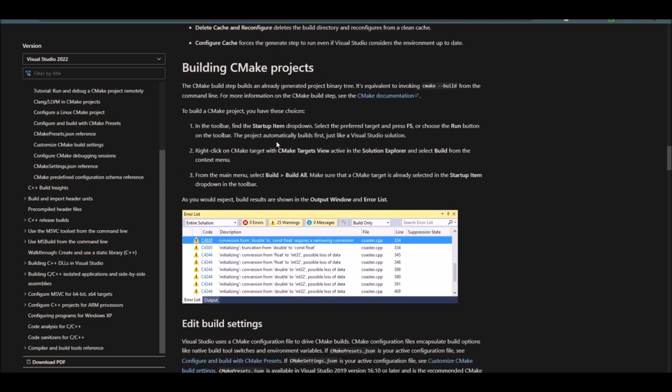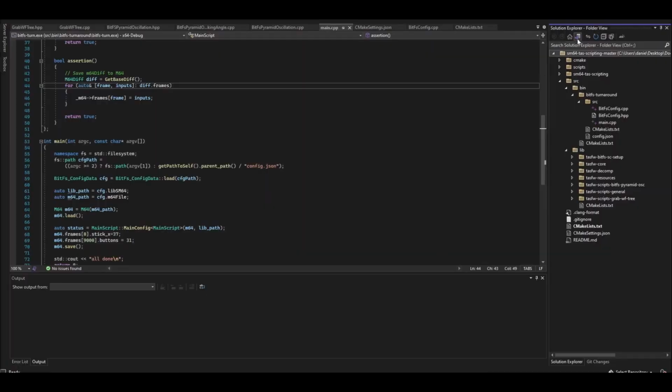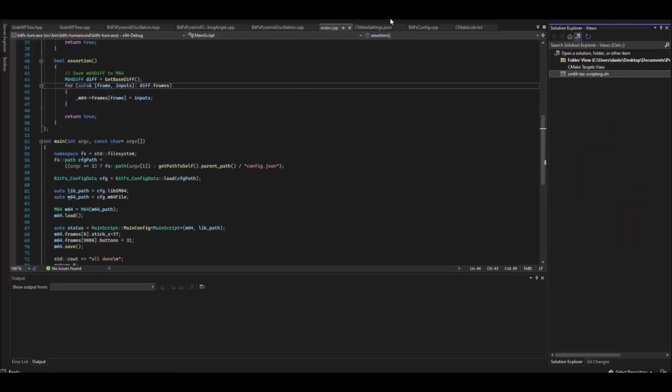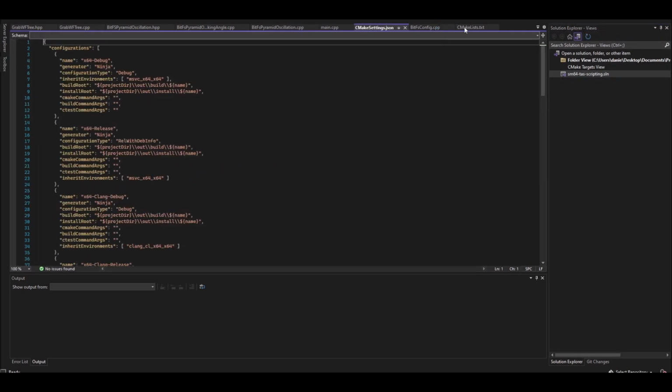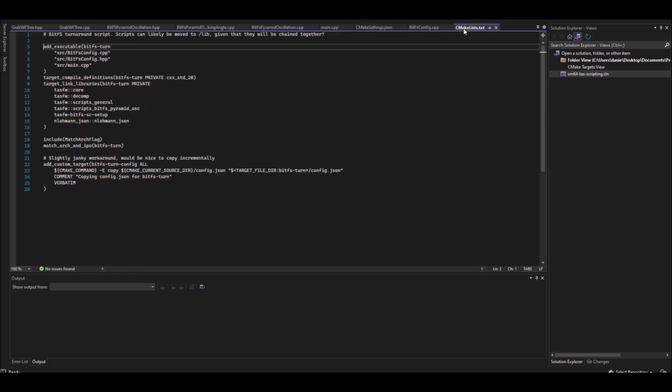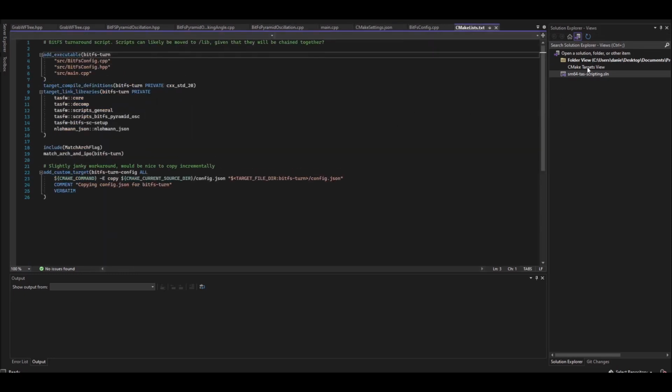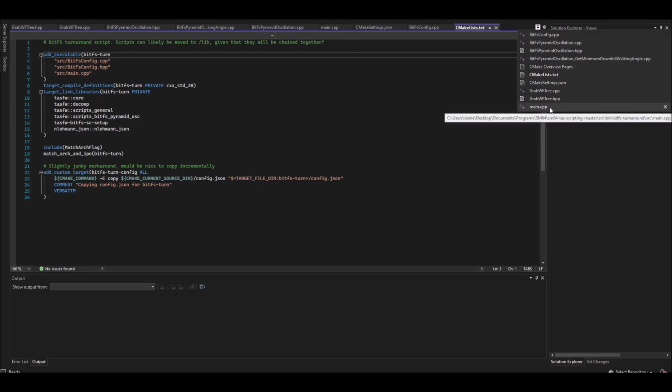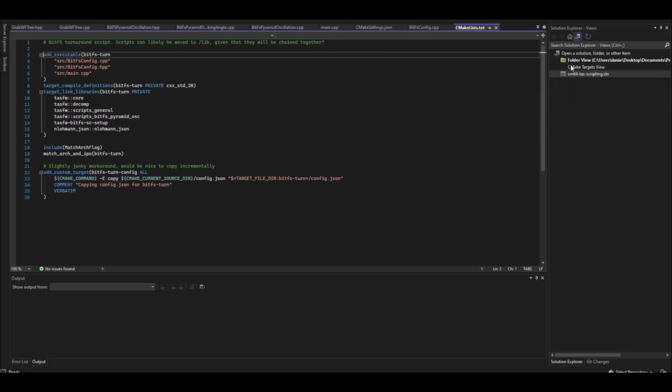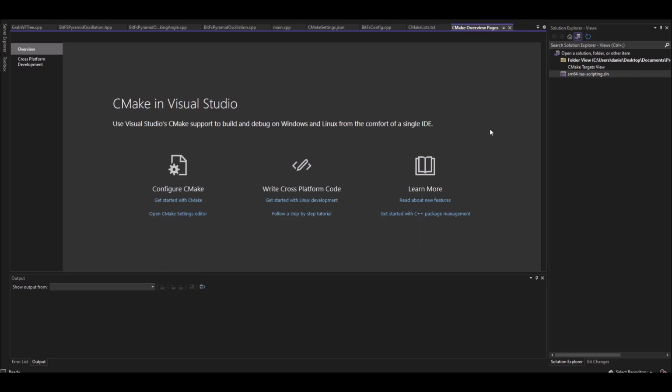Let's go one by one because I forgot the steps. All right. I'm gonna go to the startup item drop down. No, I think I'll just go over this with you. So usually there's nothing here. Usually there's some window that starts out here, but you don't see it right now. But it's a thing that exists. Yeah, it's not here. Oh, is it this? Yes, this is it. All right, so you start here, but there's all this stuff here, and I think it